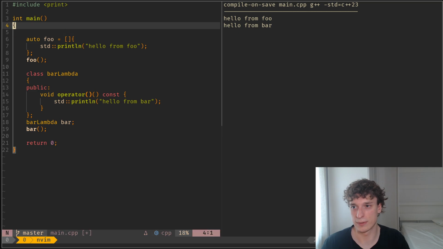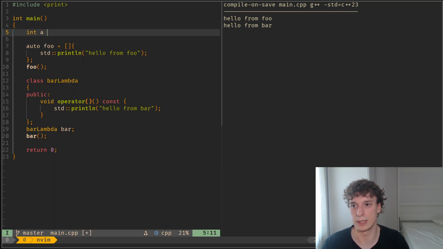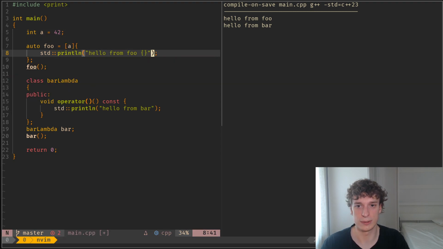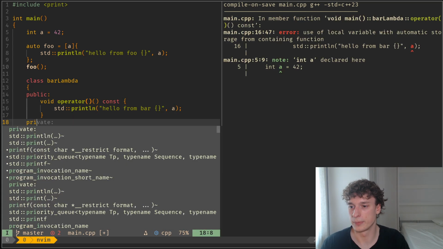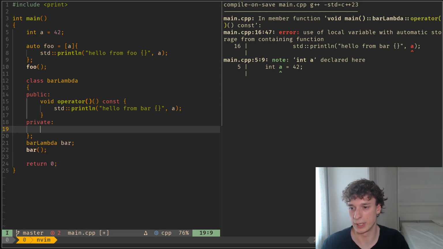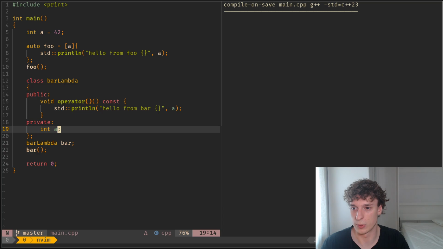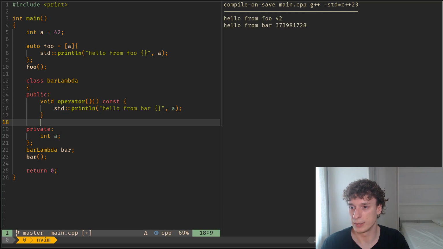There is also something interesting about capture. If I have an int a, let's say 42, and I capture this a, and then I print it, and here let's do the same thing as well. We should have an a here, of course, now we don't. So it will basically create for you a class attribute, a class member, which is called a, which will be your capture, and it will also create